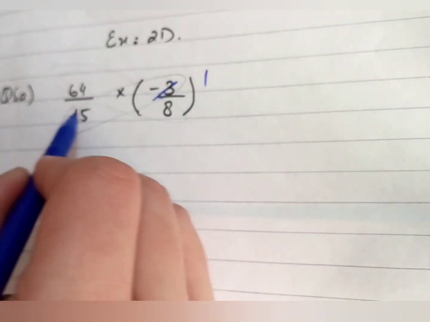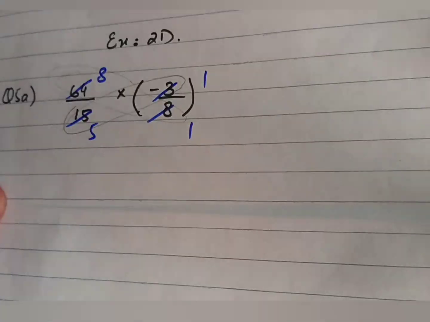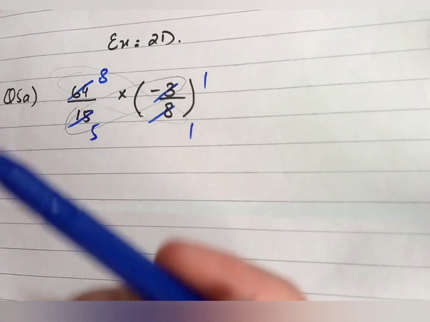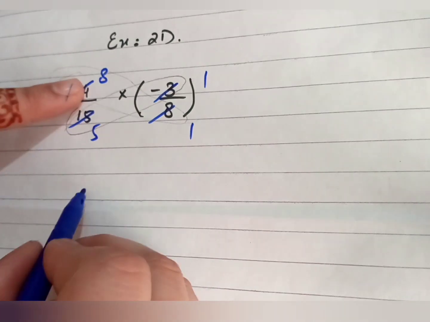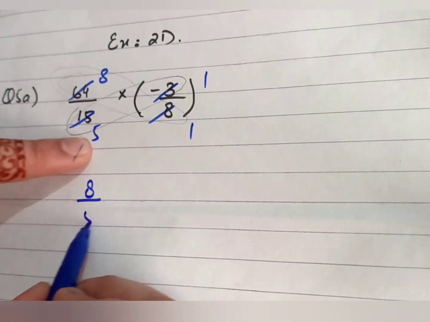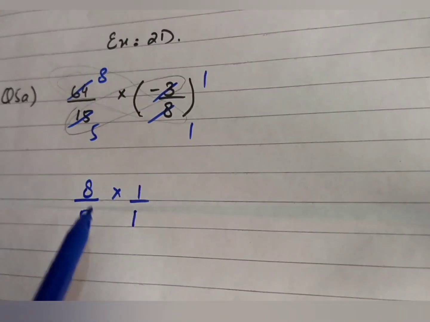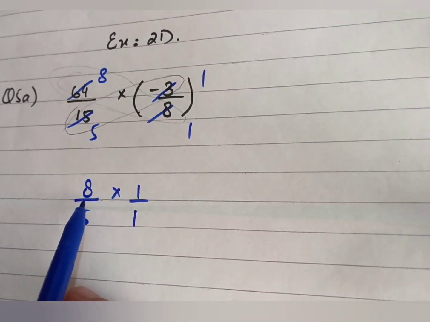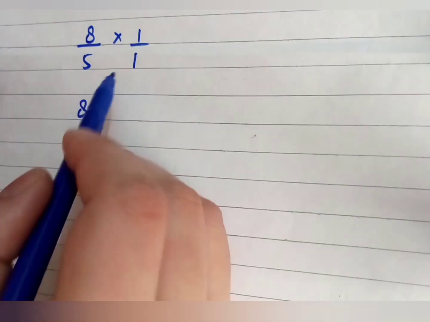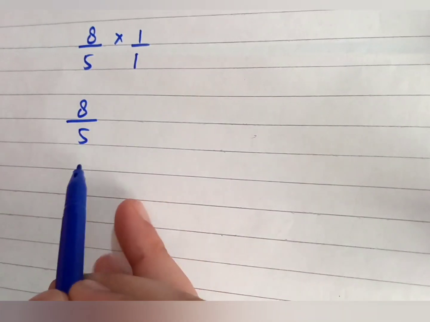3 1s are 3, 3 5s are 15, and 8 1s are 8, 8 8s are 64. Now 1 and 8 don't simplify. Now look at the 8 and 5. Again 8 and 5 don't come in the same table. You just have to write the terms that we have got after the simplification: 8 divided by 5, and the next term is 1 and 1. Now we have to multiply the numerators. In the numerator we have 8 and 1, 8 1s are 8, and 5 1s are 5. Now we have a new fraction, that is 8 by 5.